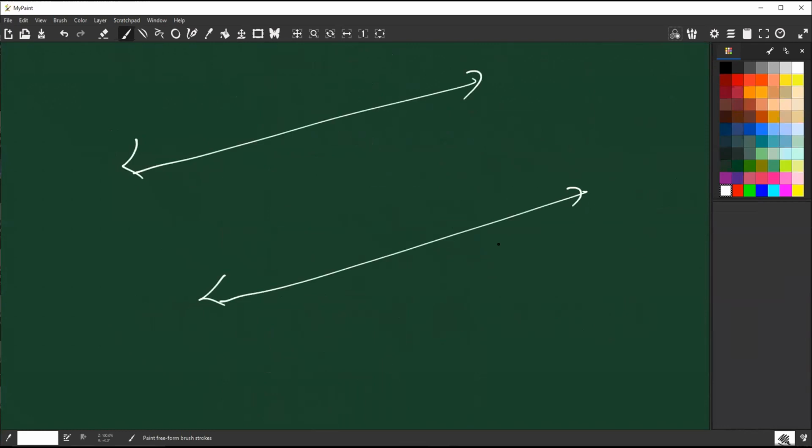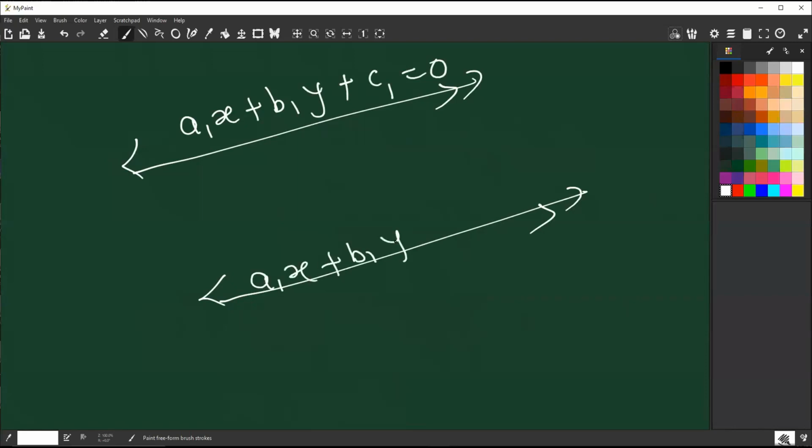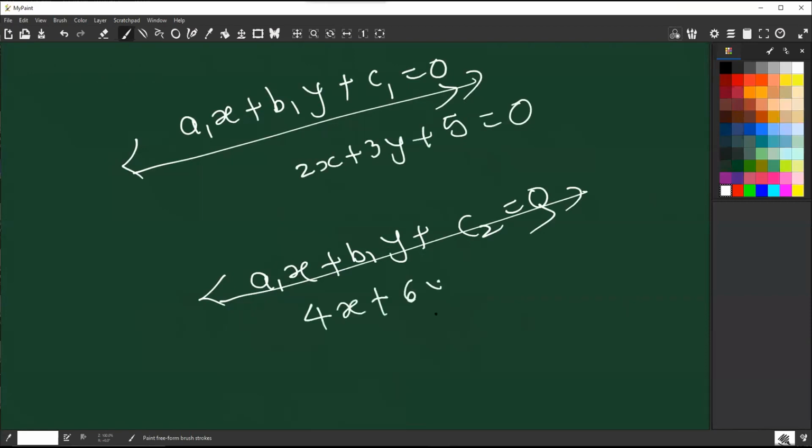ये दो लाइंस हैं, how are the lines? They are parallel to each other. इसका इक्वेशन है a1x plus b1y plus c1 is equal to 0। इसका इक्वेशन है a1x plus b1y plus c2 is equal to 0। अभी कॉलेज एग्जाम में क्या करते हैं मालूम है, अगर इसका इक्वेशन दिया 2x plus 3y plus 5 is equal to 0, तो घुमाने के लिए they will not give you 2 and 3, they will write 4x plus 6y plus 11 is equal to 0 ऐसा देंगे। And we think their slopes are equal,